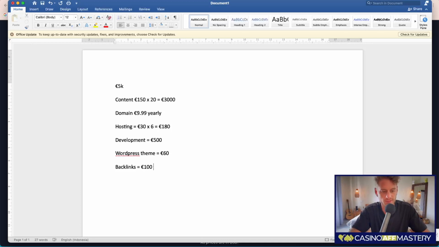And in the first 6 months, we're going to do this 6 months period. Let's say you buy 2 in the first month, and then you buy 4 in the second month, so that's 6. In the third month, you also buy 4, so that's 10. So let's say 20 backlinks in total. So that's 2,000. So here you have it. This is a very rough estimate, like 3,000, 5,000. This is around 6,000 to make it easy. So this is what I think would be the startup costs.